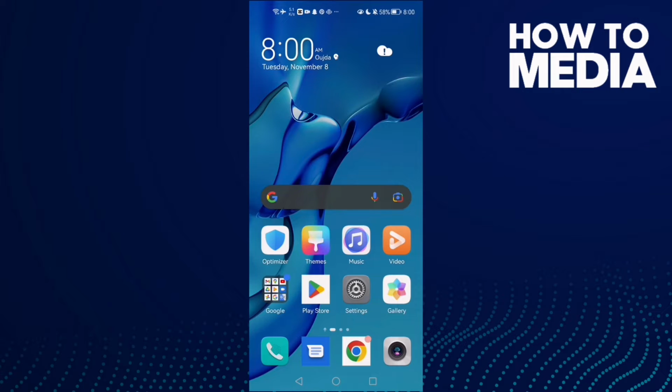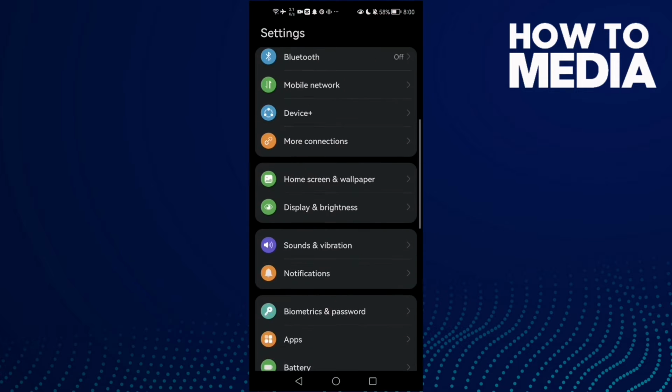How to fix WhatsApp keyboard problem on Android phone. Hello guys, in today's video I'm gonna show you how to fix WhatsApp keyboard problem easy and quick on any